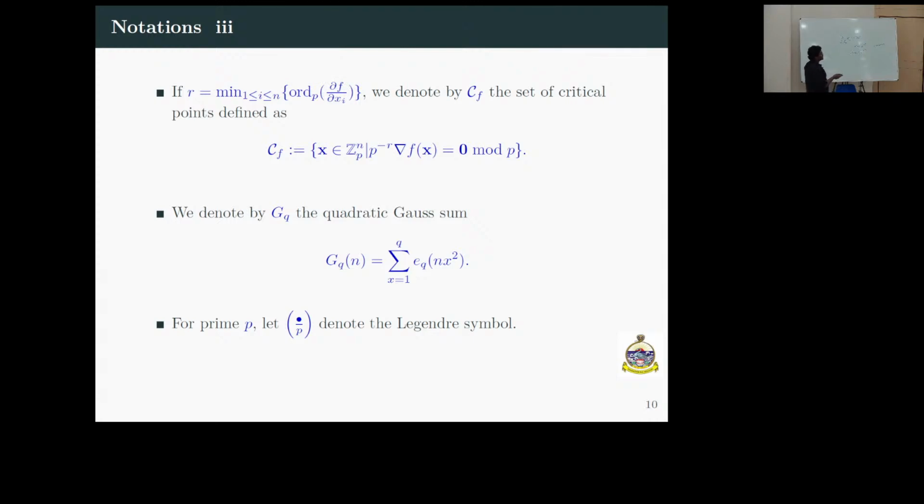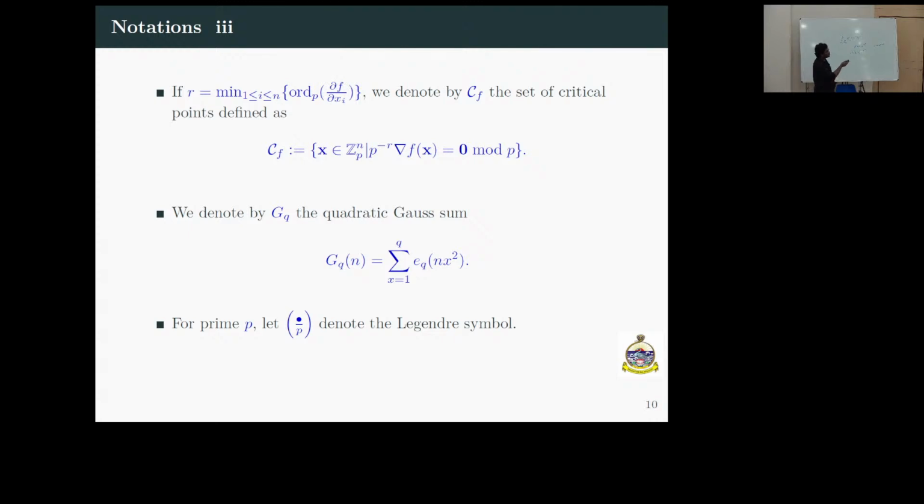And we now want to introduce this classical quadratic Gauss sum. This will be appearing in our result. This is denoted as G(q, n), which is equal to the summation over x from 1 to q of e_q(n x squared). Now one thing to mention is that you can replace this square by any k to have the notion of the generalized k-th Gauss sum also, and those are sometimes critical quantities to evaluate.